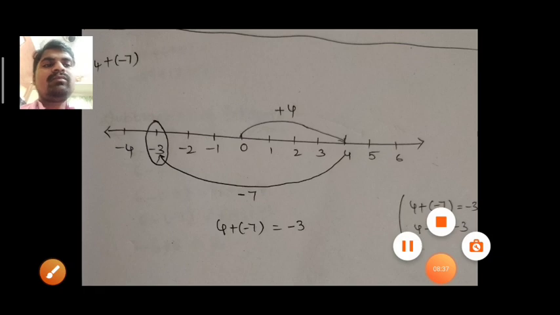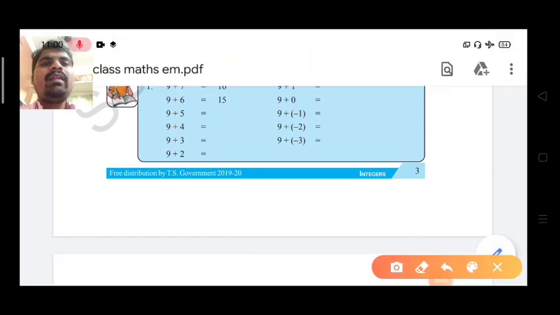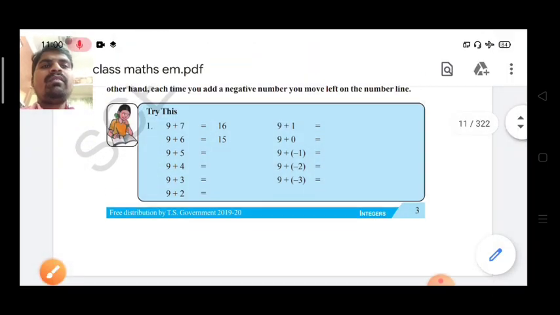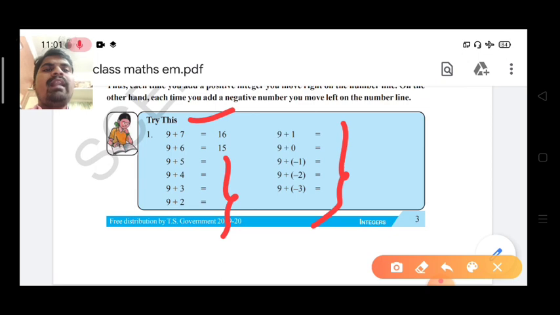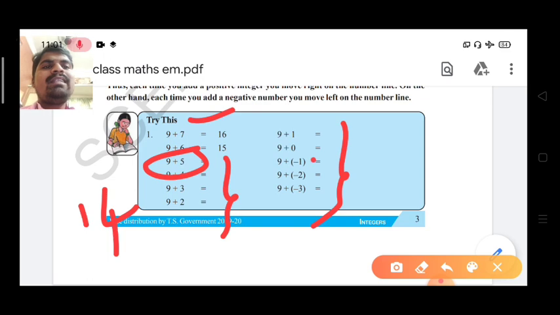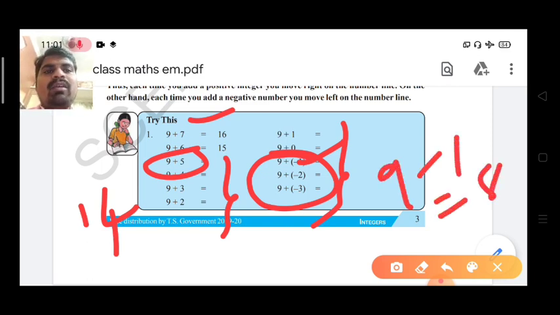So next, after this you observe page number 3, where some problems are there. You observe carefully and try this. You can complete this by using a pencil or pen. It's a very simple calculation, positive and negative. By calculation only, there is no need for a number line, you just have to add. For example 9 plus 5, you know 9 plus 5 is 14, you should write. But if one is negative and one is positive, you know very well. Positive 9, for example 9 plus of minus 1. 9 plus of minus 1 is nothing but 9 minus 1. What is the answer? 8. So this is the process, you have to complete this.